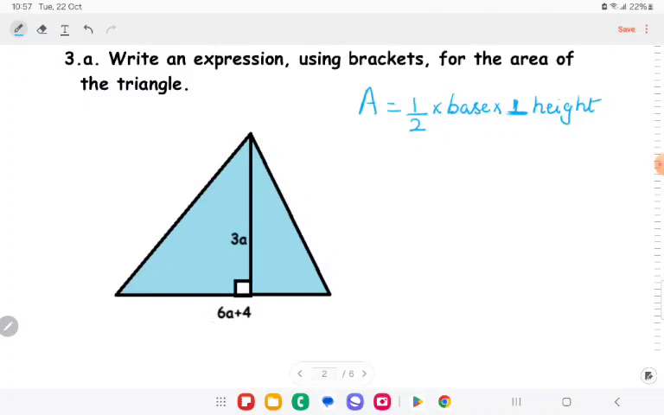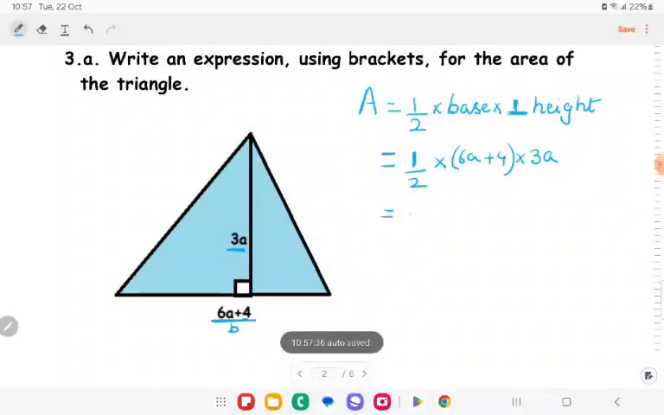What is the base? This is the base. What is the height? This is your perpendicular height. Alright, so let's substitute. Half into, what's the base? 6a plus 4 into 3a. Alright, children. So, half,